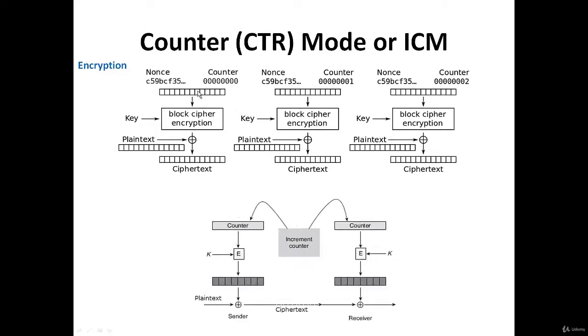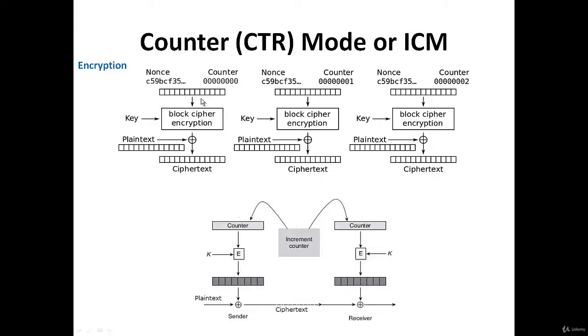So at every position the value is different because the counter is increasing everywhere, and we can prevent replay attacks also. The attacker can never know what the nonce is, because the nonce is known only to the encryptor and the decryptor. That's how we ensure that secrecy is maintained, and in addition the key is also used, which adds to the secrecy. Both the sender and the receiver know the counter value for each block.